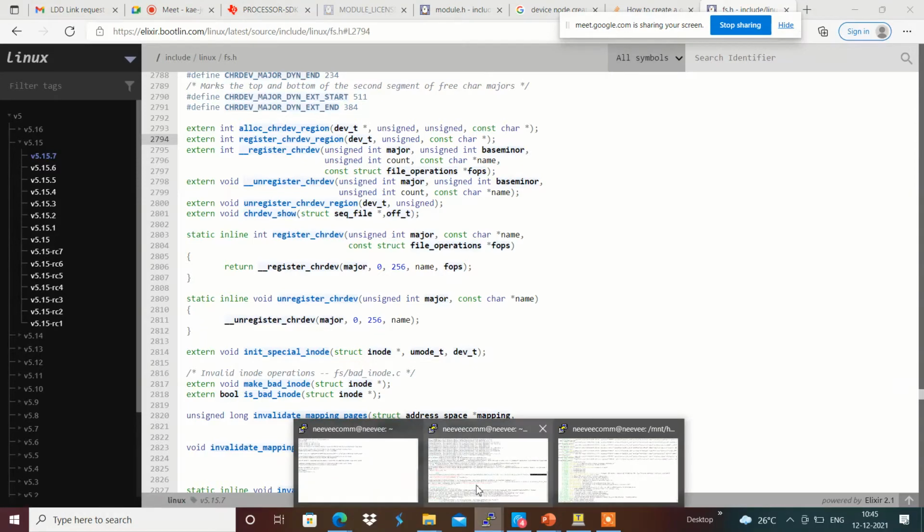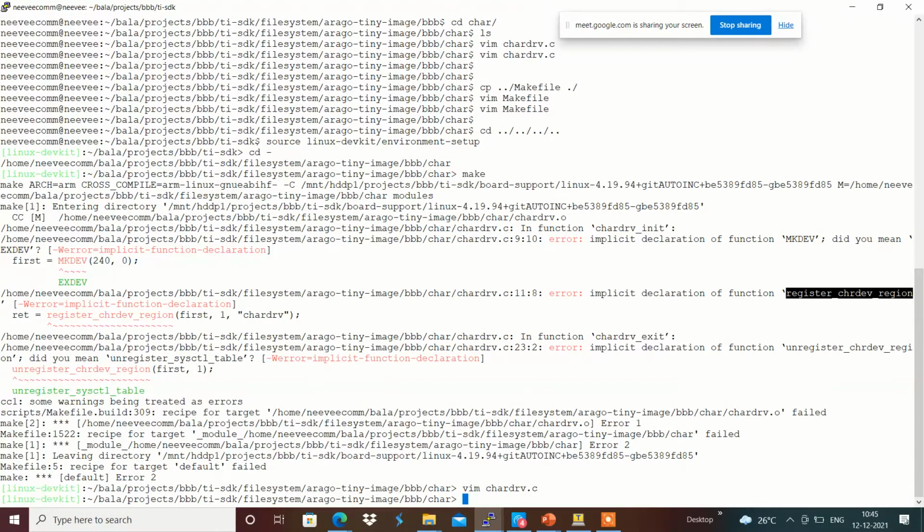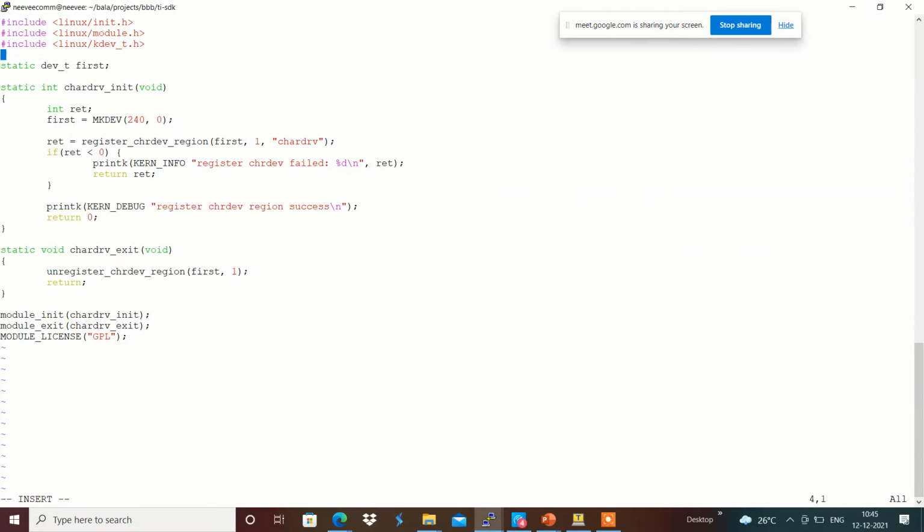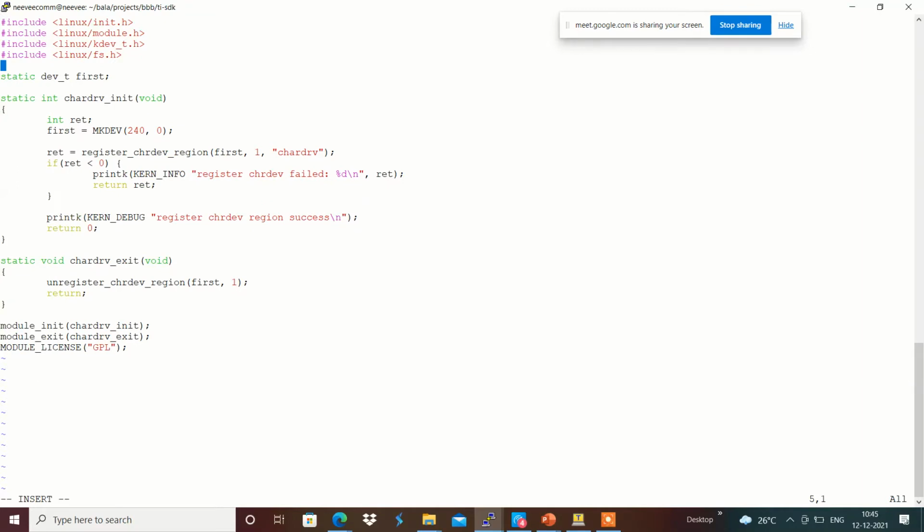I'm going to add this linux/fs.h in my driver over here. Are there any clarifications?